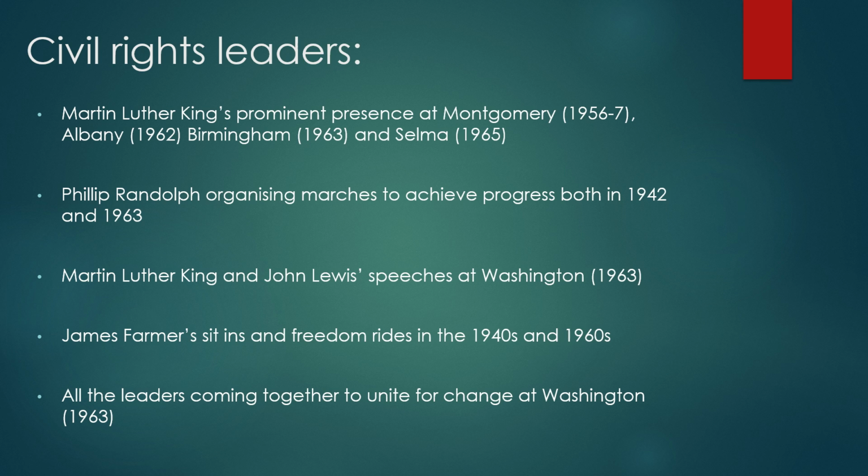But there are other leaders as well. There's obviously Philip Randolph. He, of course, organized marches. He did the one back in 1942. But for this timeline, he also is still very relevant in organizing the March of 1963, the March on Washington, and therefore all the events that happened there, going to the Lincoln Memorial, gathering hundreds of thousands of people, ensuring the speeches and the music were heard, ensuring it was put on national television all around the nation. A lot of that can be given to him, and so it's a key thing he did. We should make sure we remember.